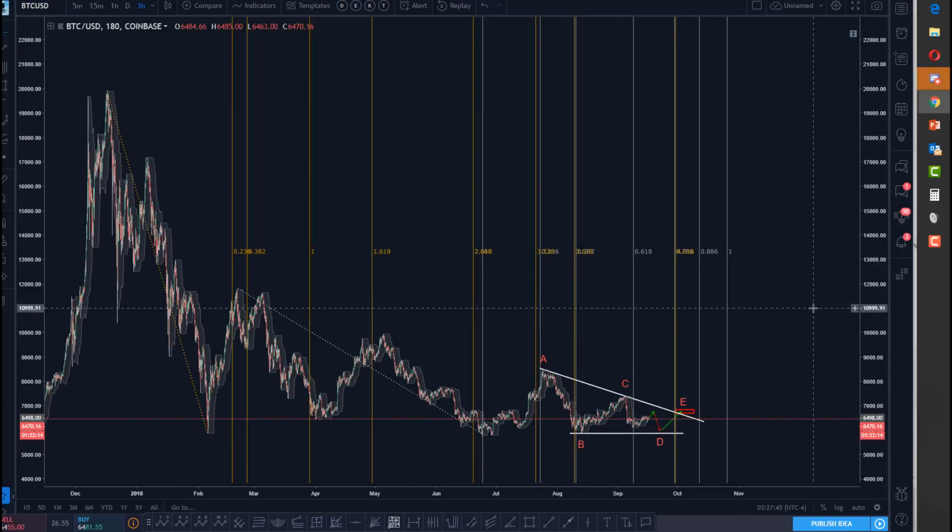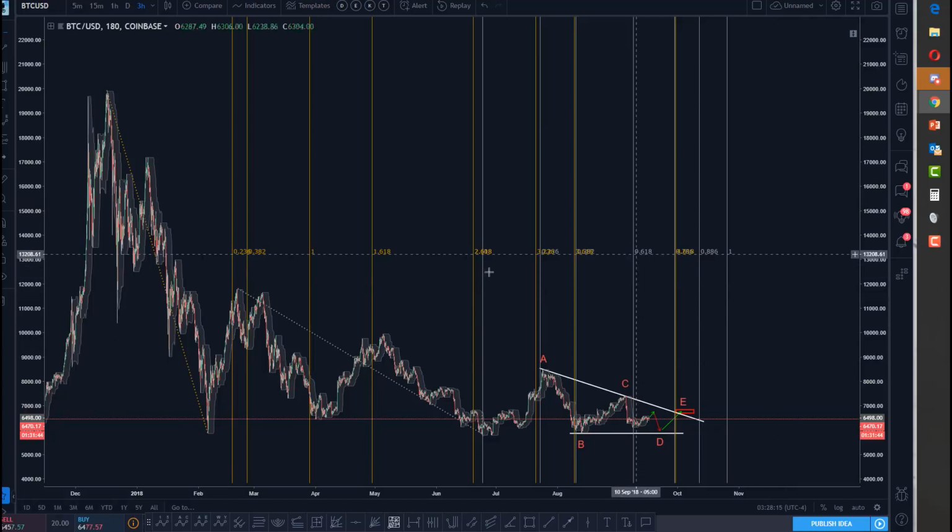But this is the kind of thing that Carolyn Boroden, the queen of Fibonacci, is very well known for. She's a master at finding confluence in fib time, and I've studied her methodology quite a bit, and she picks every major pivot out there, low to low, high to high, low to high, high to low, everything, and then tries to find these clusters of confluence and trades them. And this is the kind of thing that she, if she were an Elliottian, which she's not, would be very excited about.